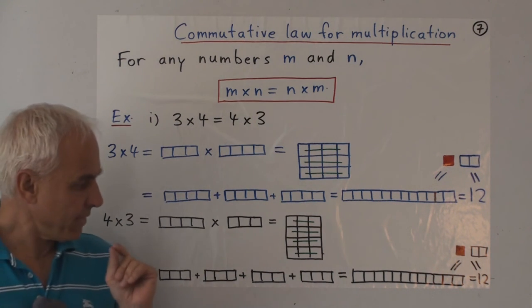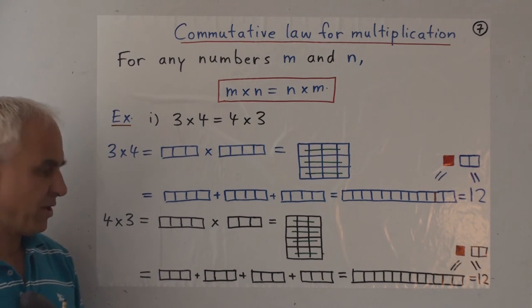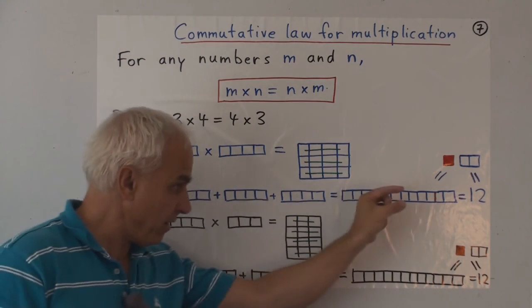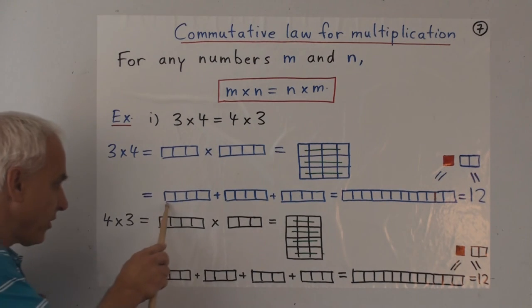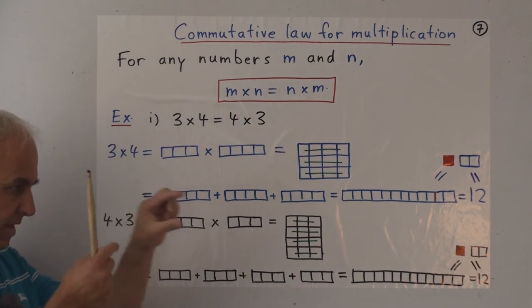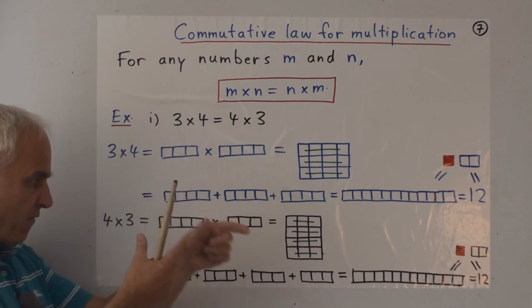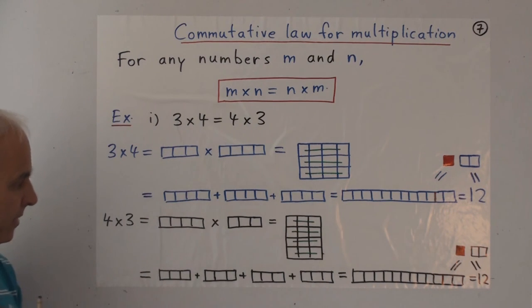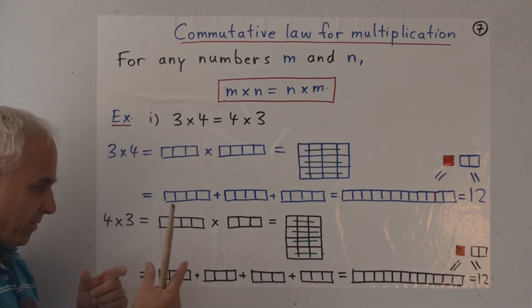Now, it's a little bit of a subtle thing here, so let me make sure that you appreciate this a little bit. Suppose you were a one-dimensional creature and you just sort of lived in a linear line. So you could imagine that number in your world, that number in your world, that number in your world. So 3 4s, 4 plus 4 plus 4. You can imagine them stacked together. And then in another situation you have 4 3s, 3, 3, 3, 3.